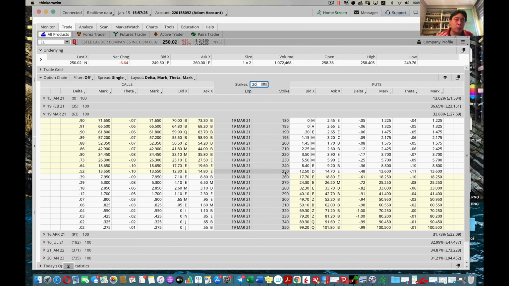Now, how much would it cost to buy the call option? You can see right now it's selling at $14.80 to buy the call. To sell the call, $12.30. There's a big difference because the market's now closed, so the pricing is not that accurate. You've got to wait for the market to be open for the pricing to be more reflective. I'm going to take the average of the two, which is about $13.55. Anyway, I'm going to click on the buy,